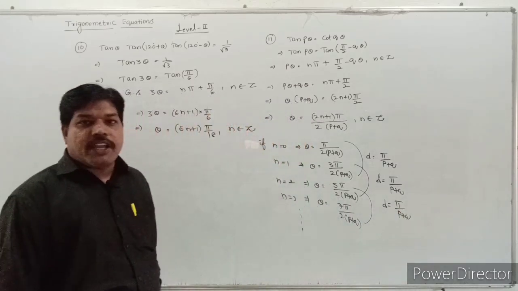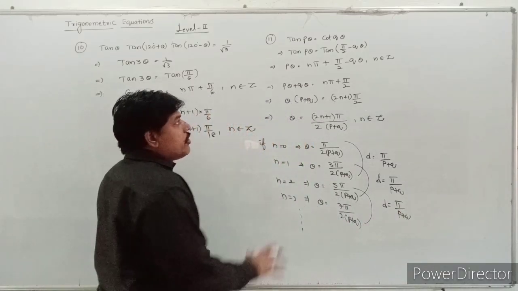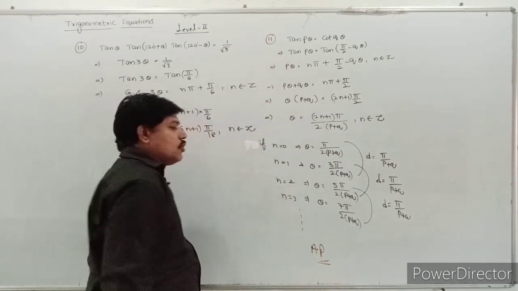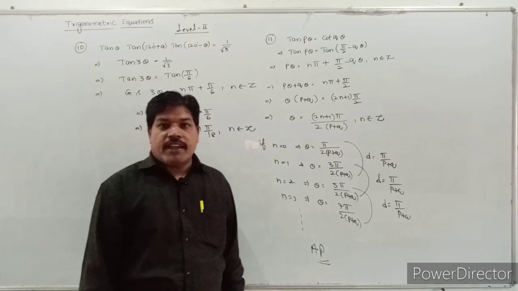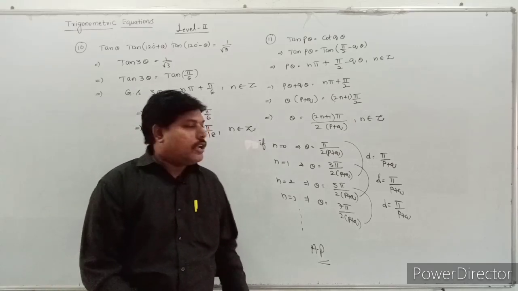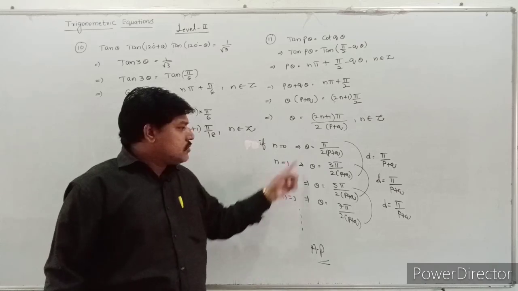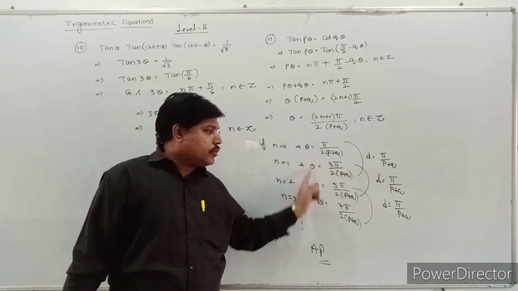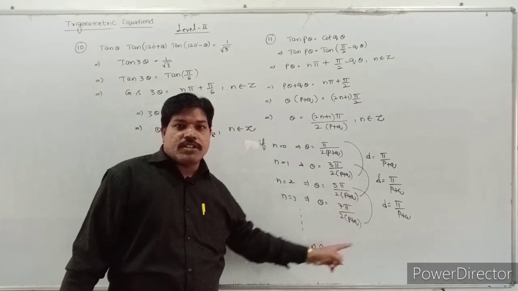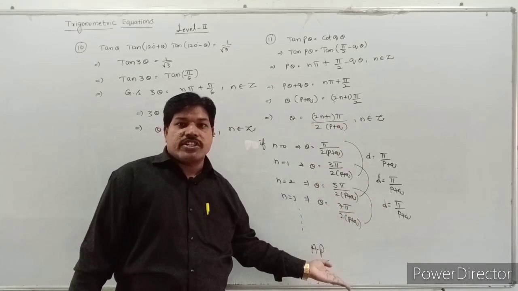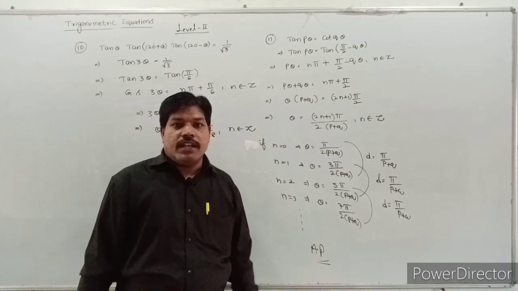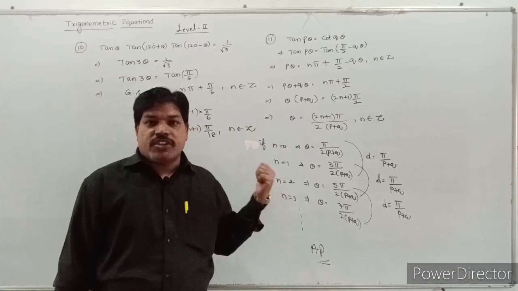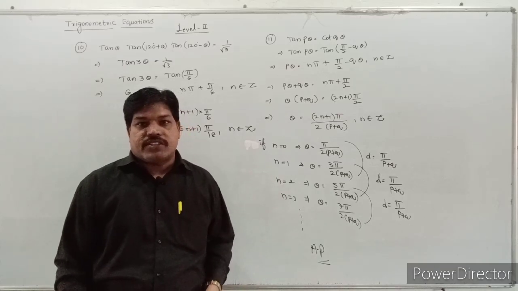Therefore, we can declare that the solutions of these equations are in AP. We are finding out all the solutions. The difference of these two solutions is d, which is pi by (p plus q). The difference of the next two terms is also the same. That means the sequence, the solutions, are in AP. Okay, so see this question, students. We will continue practicing all these questions in the next class. Okay.